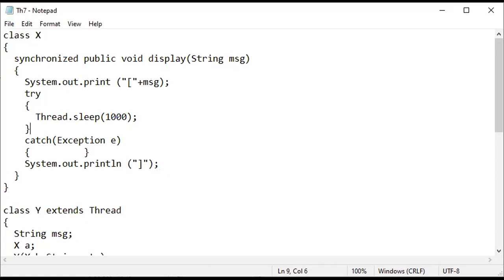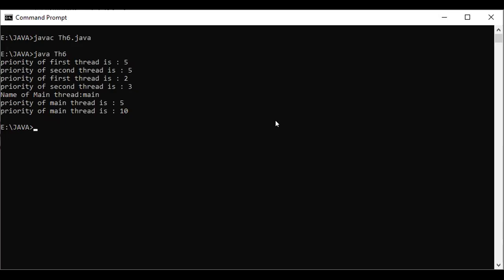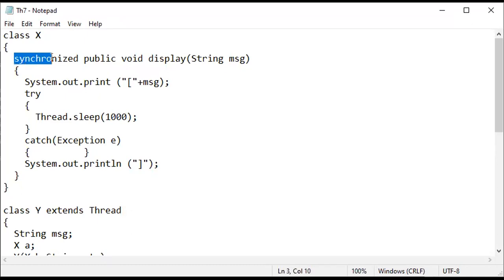So go to the command prompt for executing this one. See here, javac th7.java. As it is compiled, java th7. Before going to this one, I just want to make a change. Here I am first removing the synchronized, right?